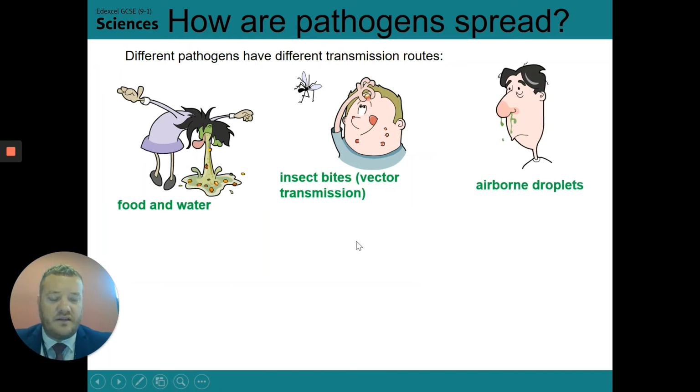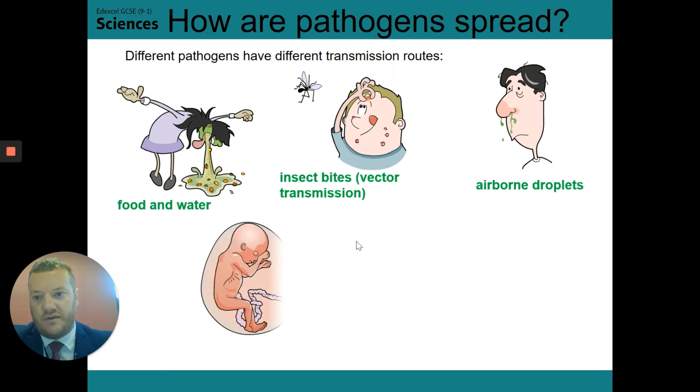And then this is, again, quite topical given what we're seeing with the coronavirus pandemic: airborne droplets. That tends to come about due to coughing and sneezing. And we're not talking about big blobs of saliva flying around everywhere, although they would infect you. We're talking about tiny droplets here that will float suspended in the air, and they can stay there for quite a while depending on whether you're inside or outside, how close you are to someone, or whether they've got a mask on. They can all change your chances of picking up the pathogen via that method.